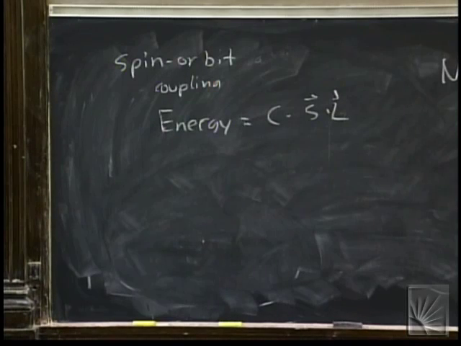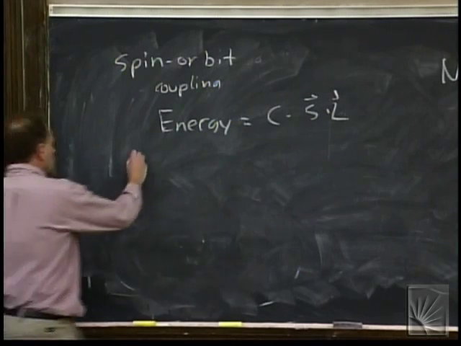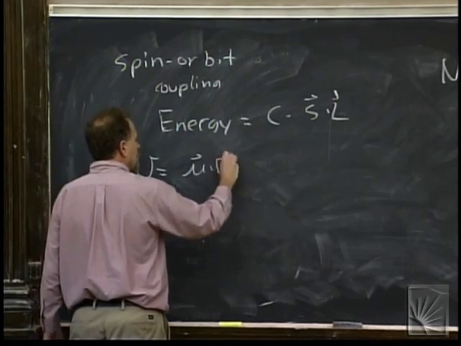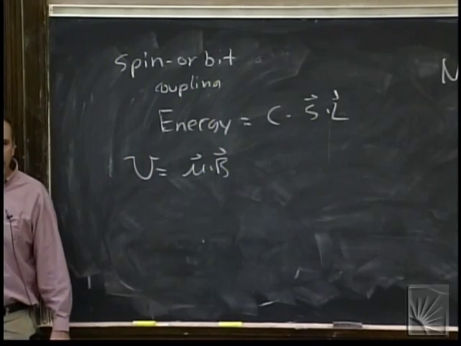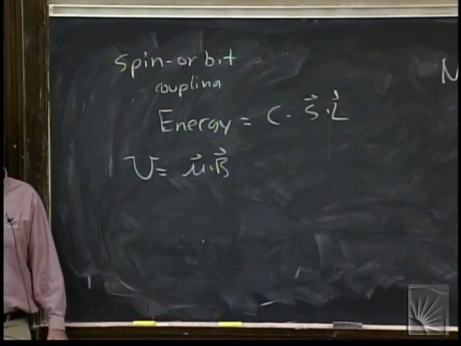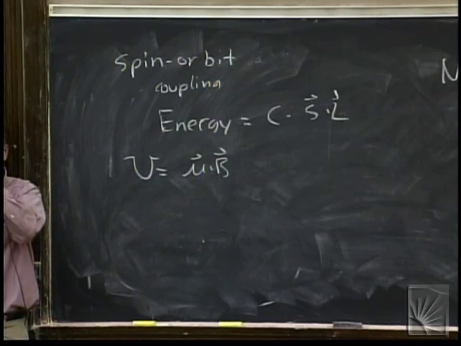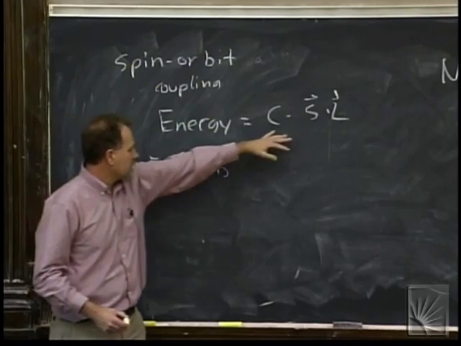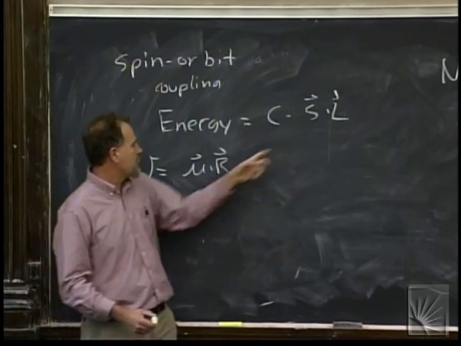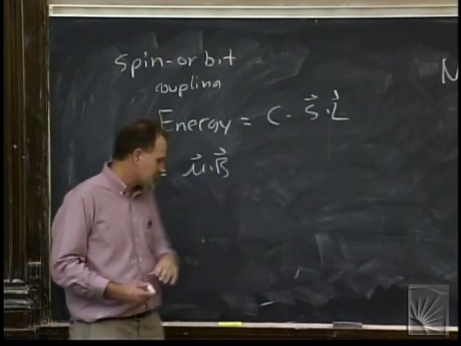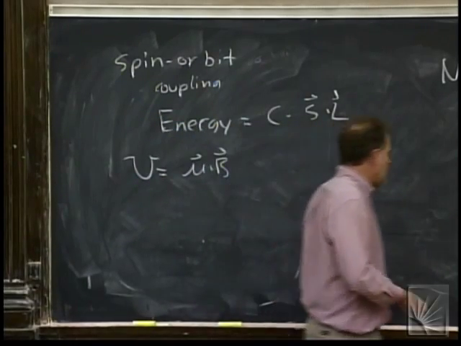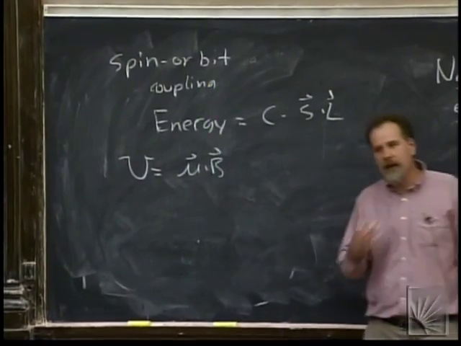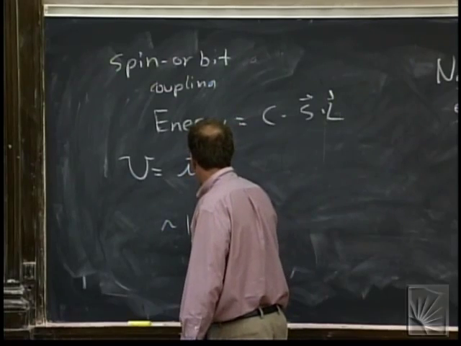You can think of it this way: U, the potential energy, is mu dot B in general. Either of these dipoles is creating a magnetic field, which you can think of as the other one interacting with, and it's symmetric. The point is, it amounts to an energy which couples the mu of the one with the B of the other, and it's S dot L. So the 2 interact and there's an energy, and I wanted you just to file that away, that there's this spin-orbit coupling. It's about 10 to the minus 5 electron volts,